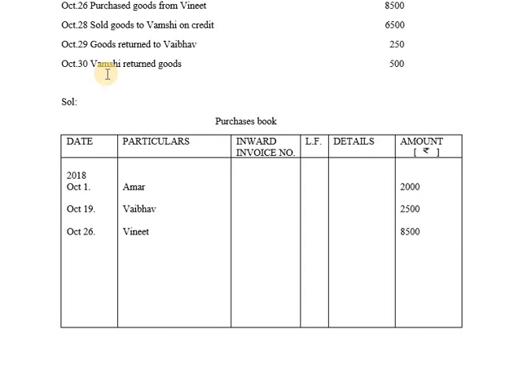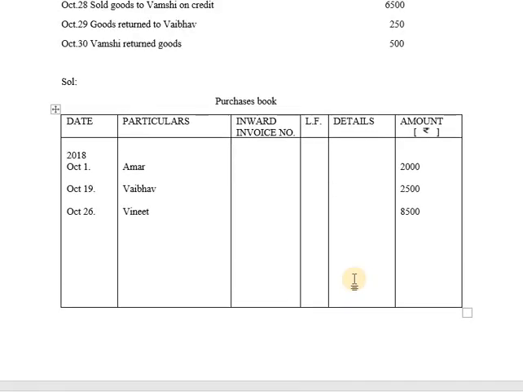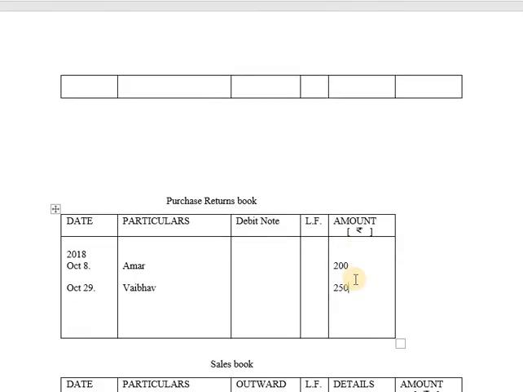The date will be taken as October 30. In particular you will be writing it as Vamshi and he is returning goods for rupees 500. So here the date will be taken as October 30. Who is returning the goods? Vamshi, and he is returning goods worth rupees 500. So 500 will be recorded as amount. So now as we have completed all the transactions given in the question,